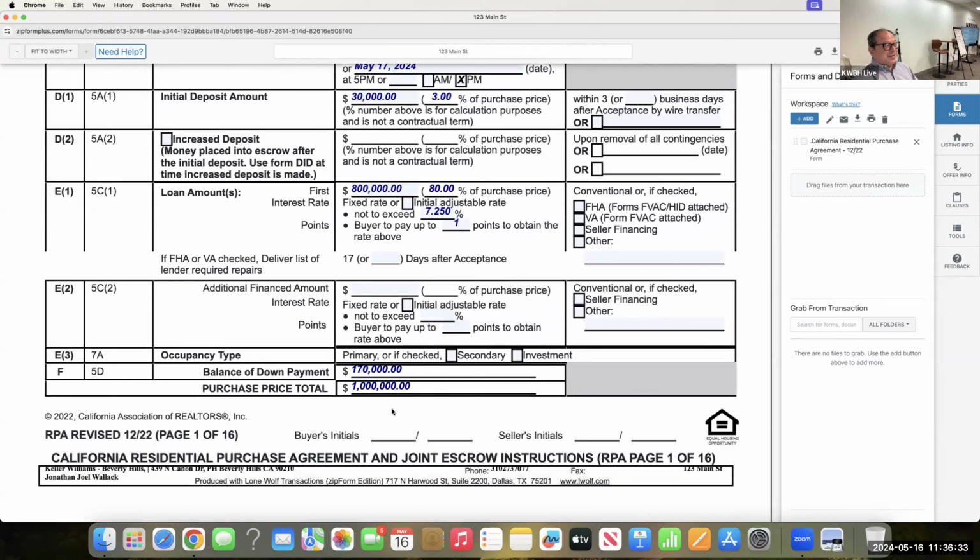What about the down payment? No, so we have something called liquidated damages, which we'll talk about. So how much can the buyer keep if the buyer doesn't perform, right? After they remove their contingency. So yes, the buyer can only keep their actual deposit,